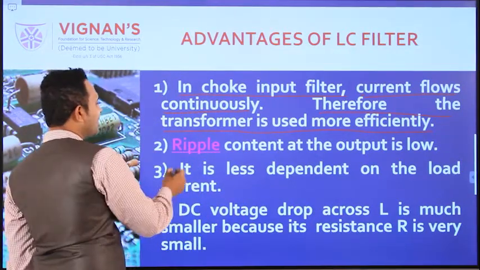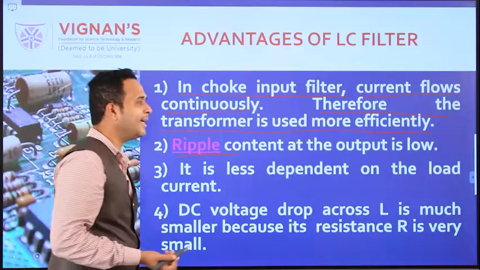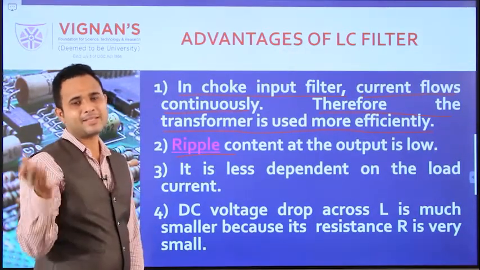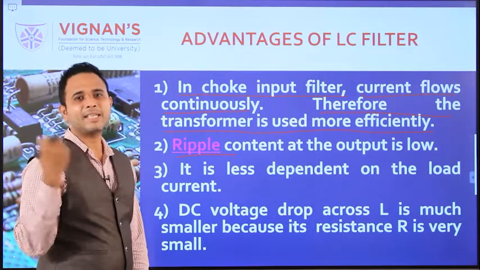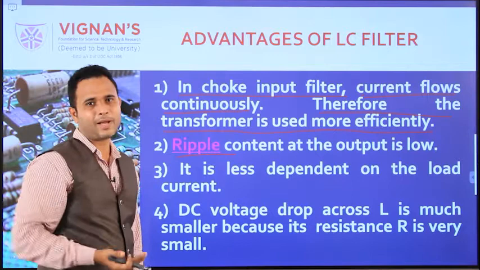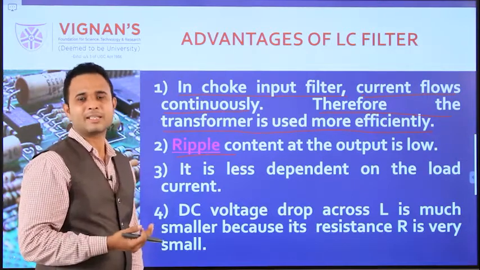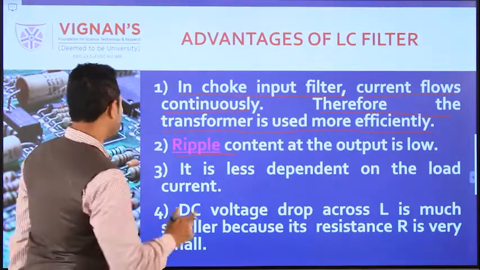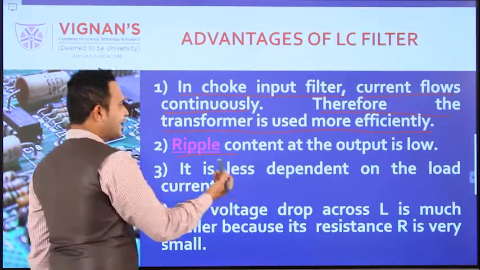Next, coming to the ripples. The ripple factor depends upon L and C. When we increase the L value and C value, the ripple factor automatically decreases. That's why LC is inversely proportional to the ripple factor. So coming to the less dependent